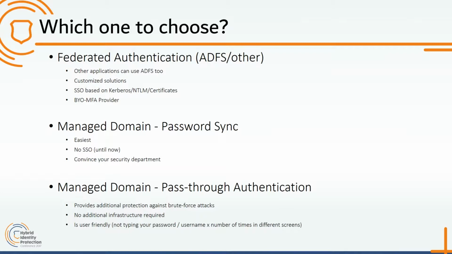There's no additional infrastructure required because it only requires like 2 or 3 agents to be fully highly available and to be able to cope with the load of, I think, like 100,000 users or something. So it's a very lightweight client. 2 or 3 of them is usually enough for a big enterprise. You can install them on any Windows machine as long as it's 2012 R2 or upwards. And the Azure AD Connect is always the first one. It's very user-friendly